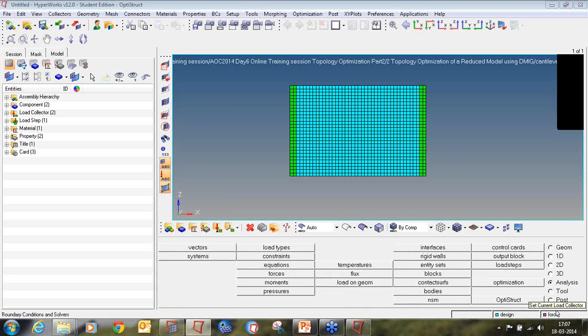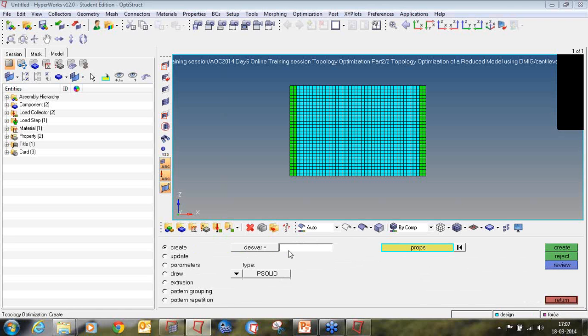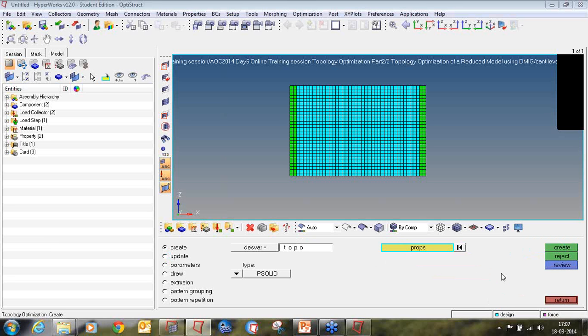Then we will set up the optimization in the model with the super elements. So I'll go to analysis page, optimization, click on topology, enter the design variable name as topo, click on the properties and select the design properties for the optimization.